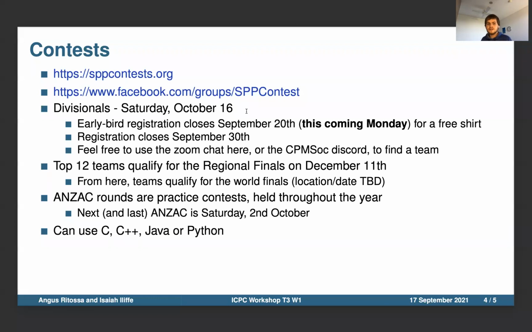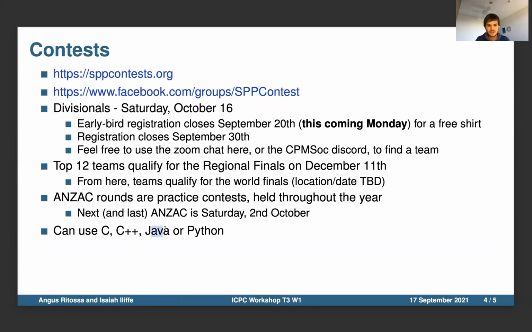Finally, languages. So you can use C, C++, Java, or Python in most contests. Some of them might allow a few more languages, but in general, in all these competitions, these 4 languages are definitely allowed. Generally, C++ is most commonly used. If you just know C, that's fine too. C plus a few extra features is all you really need.